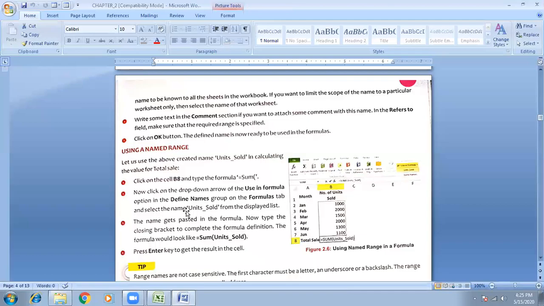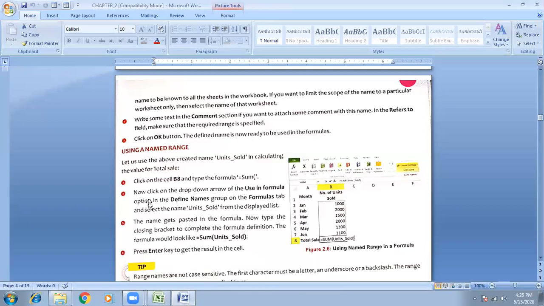The name gets pasted in the formula. Now type the close bracket to complete the formula. The formula will look like this, and then press the enter key. You can get the result on the screen.